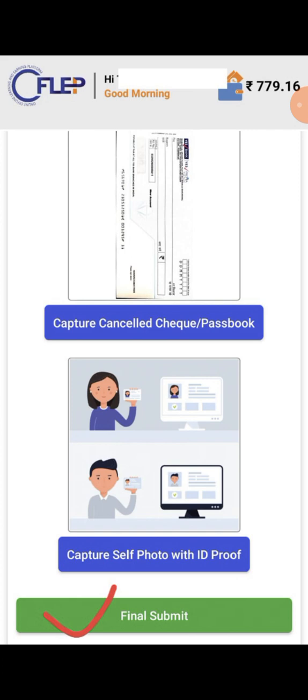Friend, remember this thing. Some people complete only the first step of KYC. They have updated the profile, and as you complete the profile, below it will start showing KYC is pending. People think I have done all the work. No friend, you have to complete 3 steps one by one. Profile you have to update, then the second step, account details. After completing account details, then you have to come to the KYC upload. You have to complete 3 steps. Your KYC will never be stuck, never be held, and very easily you will get the approval.